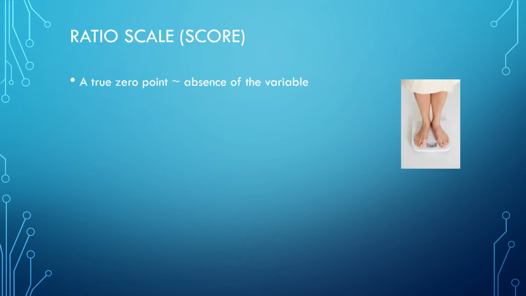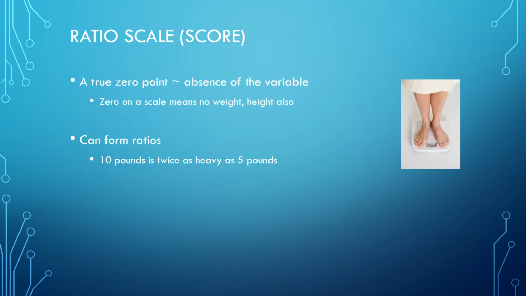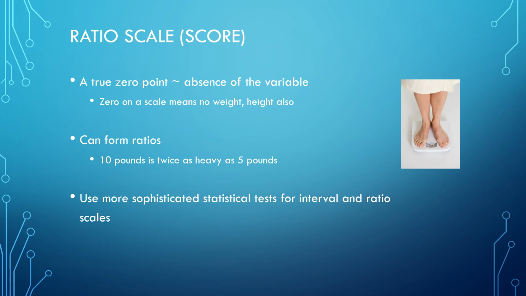Whereas with a ratio scale, again, you get number data and the distance between the numbers on the scale, whatever scale you're using, should be equal. But there is a true 0 point. 0 means 0. So if I ask you, and we do this in neuropsych testing, to tap your finger on